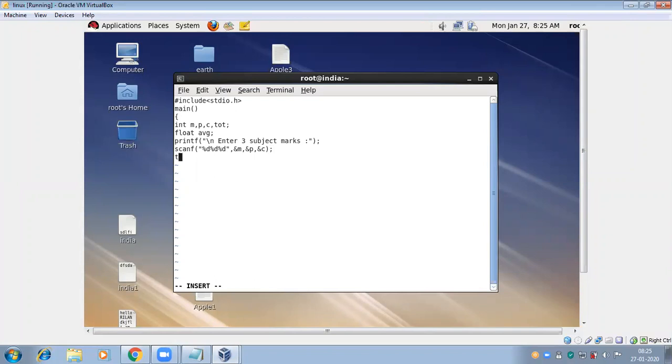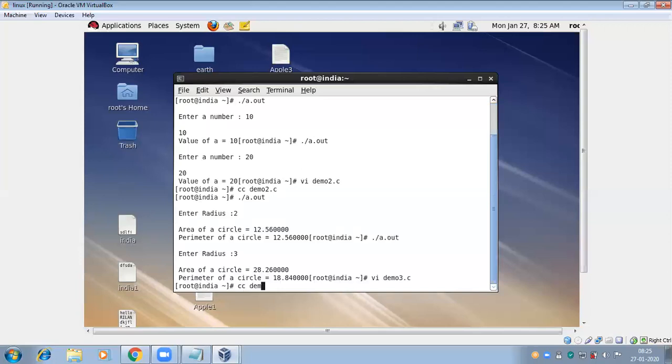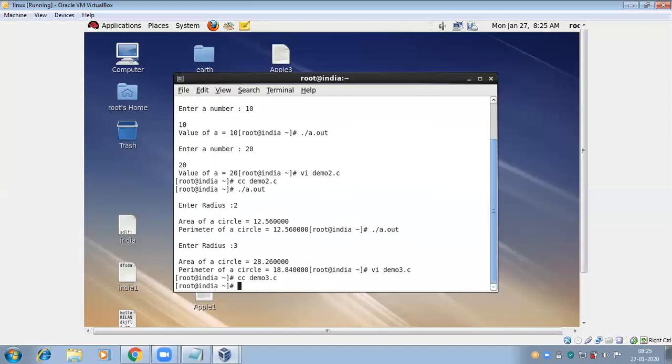Then total is m plus p plus c. Average is total divided by 3. Then printf total marks, then average. Then cc demo filename.c, then ./a.out.